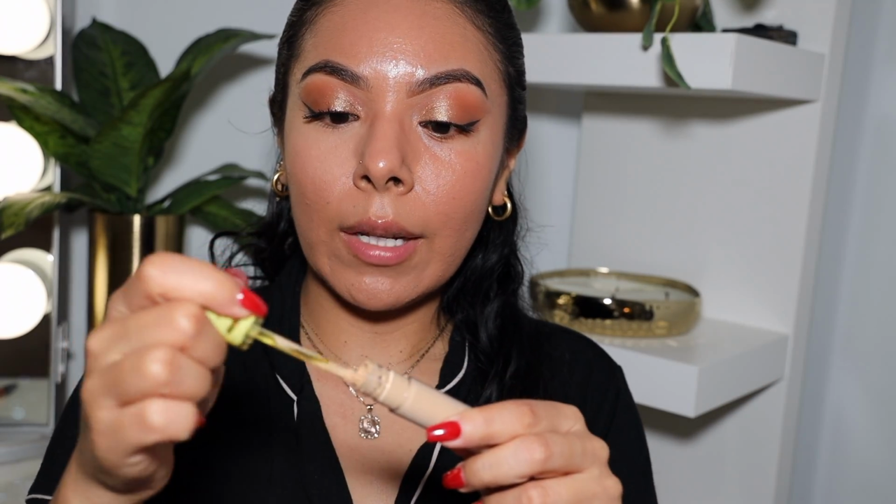So look at the difference between having the powder on and not having anything on. Not only does it give you a nice smooth matte finish, but it also allows for everything to look really nice and bright without looking too bright. Okay, so now we're gonna move on to the next eye,